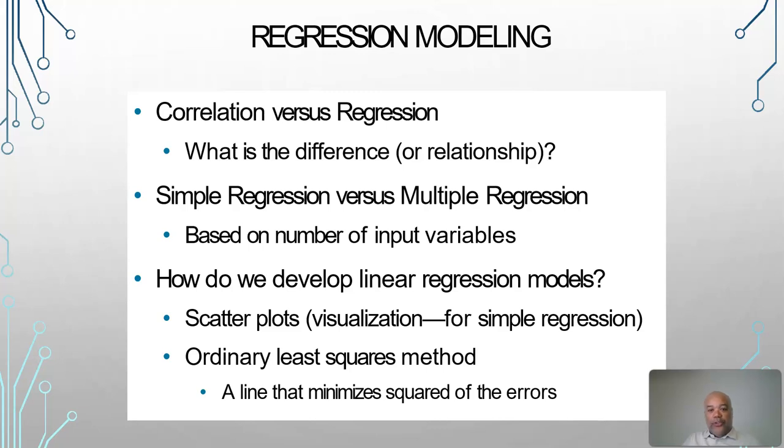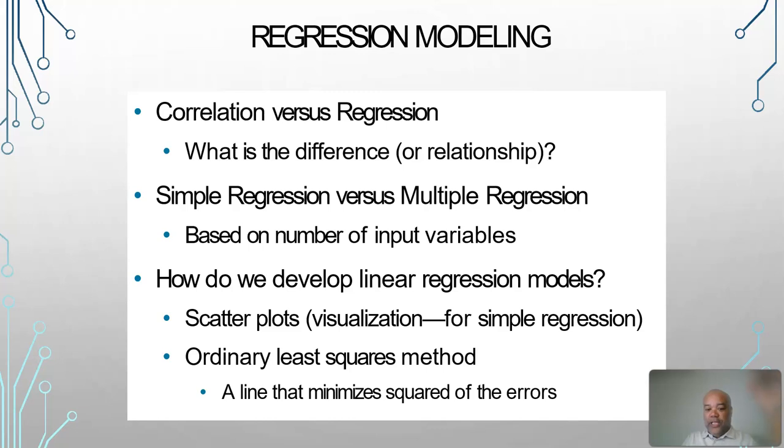So we can also look at, that's regression. Okay, so regression is just a fundamental technique in statistics. It builds on the concept of correlation, but it goes a bit further in understanding and predicting relationships. Correlation is measuring the strength and direction of a relationship between two variables. Regression not only quantifies this relationship, but also allows for predictions of the dependent variable based on changes in the independent variable.